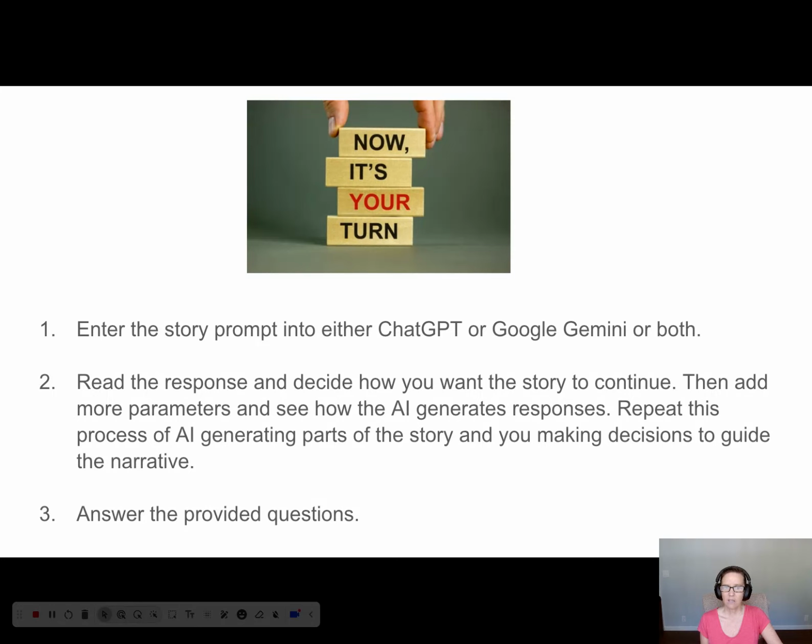So this is another opportunity to play around with the AI to see how you can alter the information to better fit your needs. So again, this one's fun. Enter the story prompt into either one, ChatGPT or Google Gemini or both. Read the responses, decide how you want the story to continue, then add more parameters to see, like I said, kind of have a conversation with it to see how it works